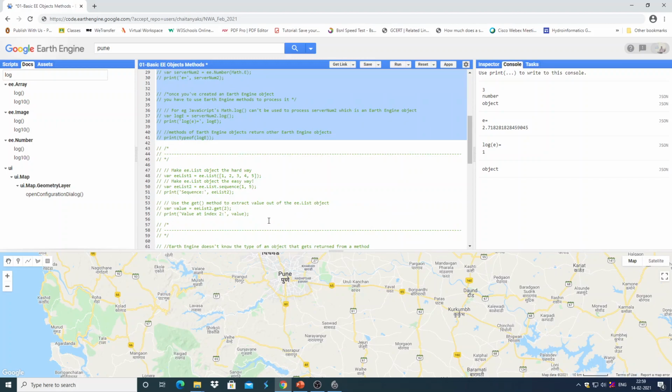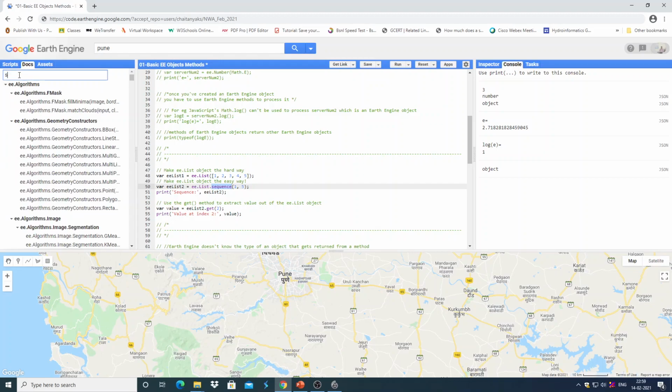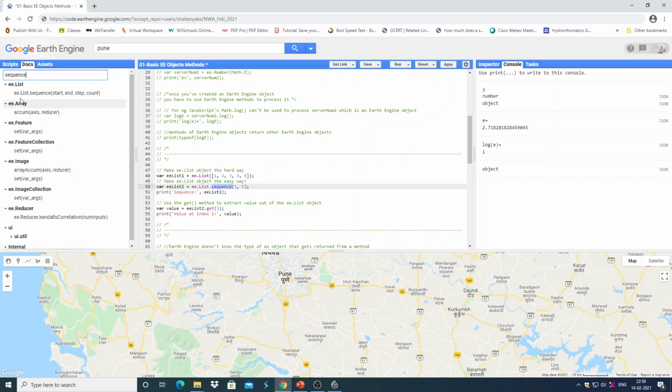This is about the construction of an Earth Engine list object using a function. There is a function called sequence under the Earth Engine list object class. You can search for it, and you will find under the ee.List class a method ee.List.sequence, with start, end, step and count.